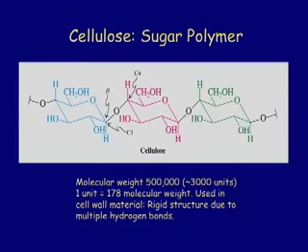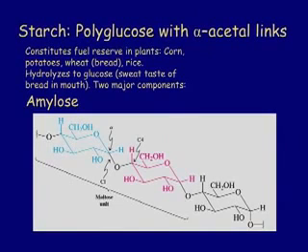So notice it's the beta acetal oxygen. It's pointing up in cellulose. Now we see the alternative. The alternative would be to go alpha, and nature uses that, and that's starch. Okay, so starch and cellulose are actually the same if you wish. They're diastereomers of each other. Okay? In one case, it's the beta linkage. In the other case, it's the alpha linkage down here at C1. So it's again binding to another molecule of glucose at C4.